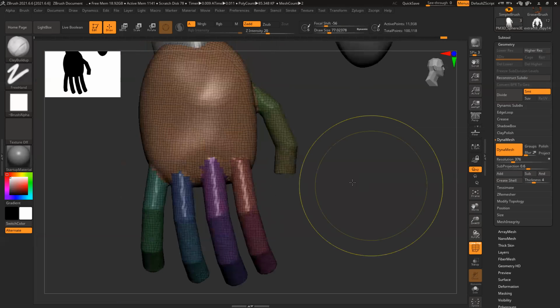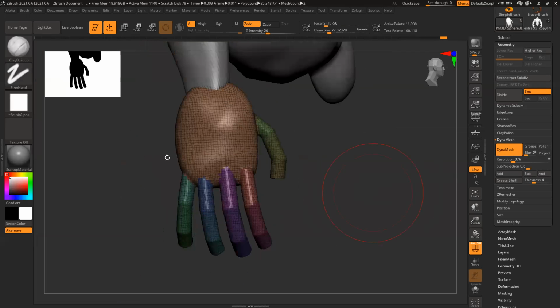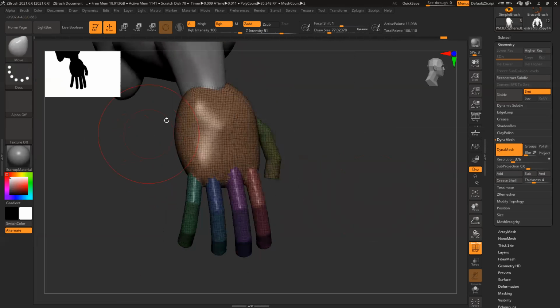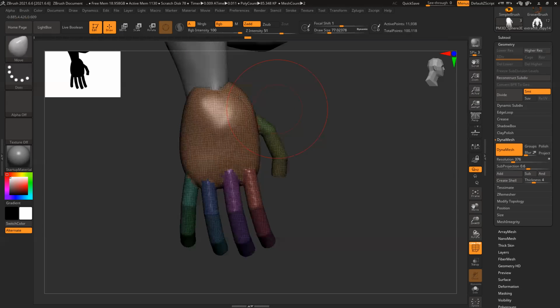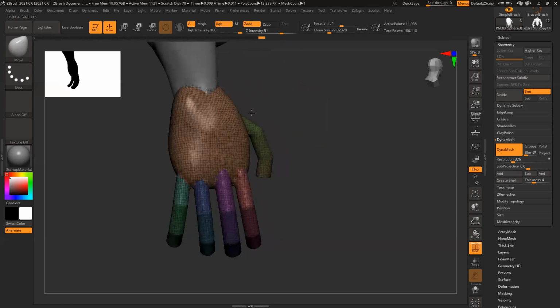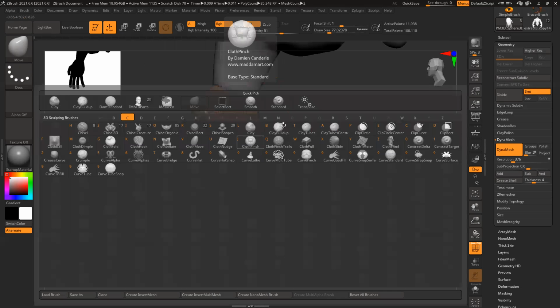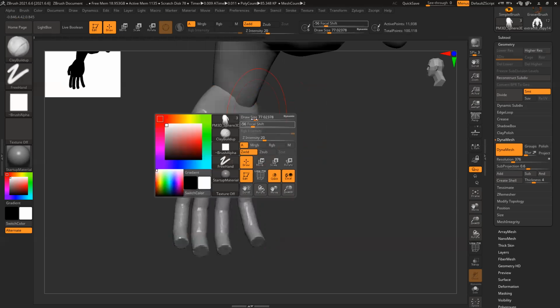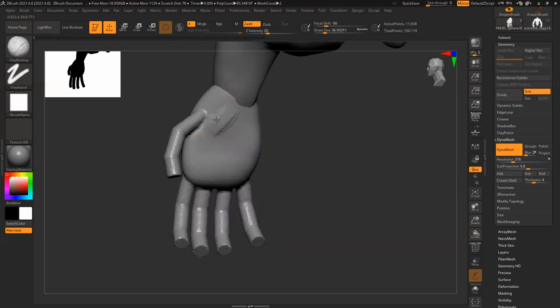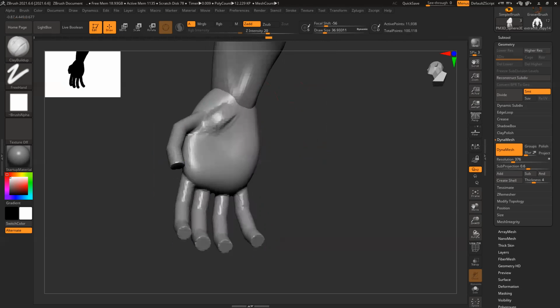BCB, Clay Buildup, and I have to block out the basic shape, BMB. So it's basically a slightly more triangular shape. Then Clay Buildup. The thumb has a nice volume, and the thumb base is quite thicker. This area has less volume.